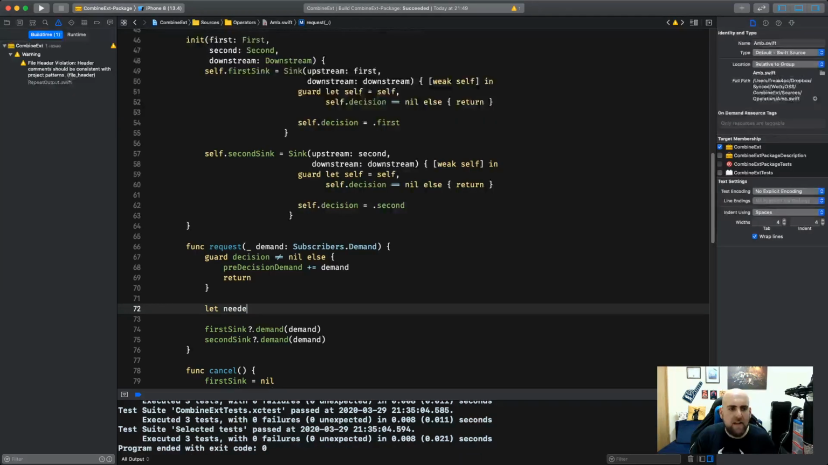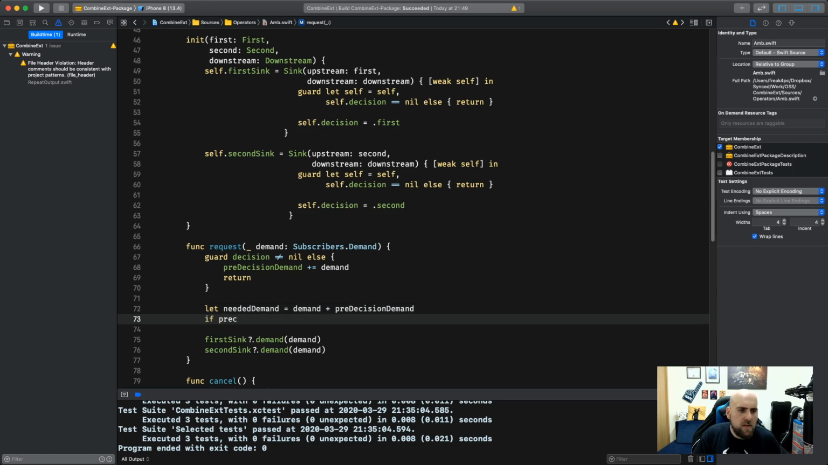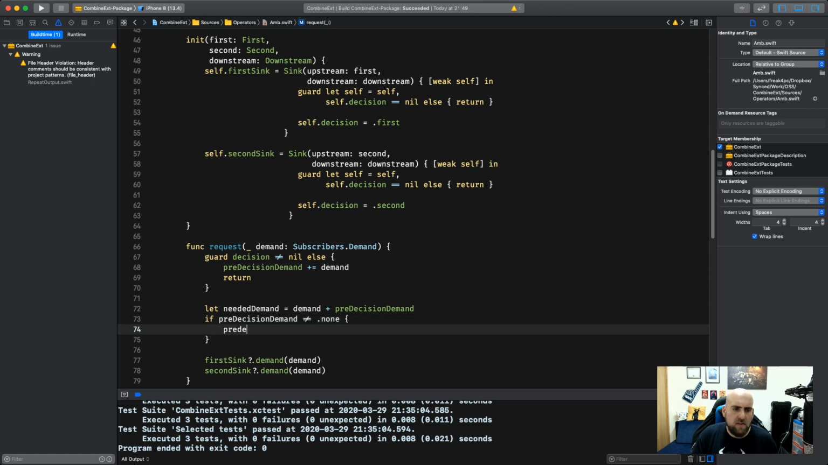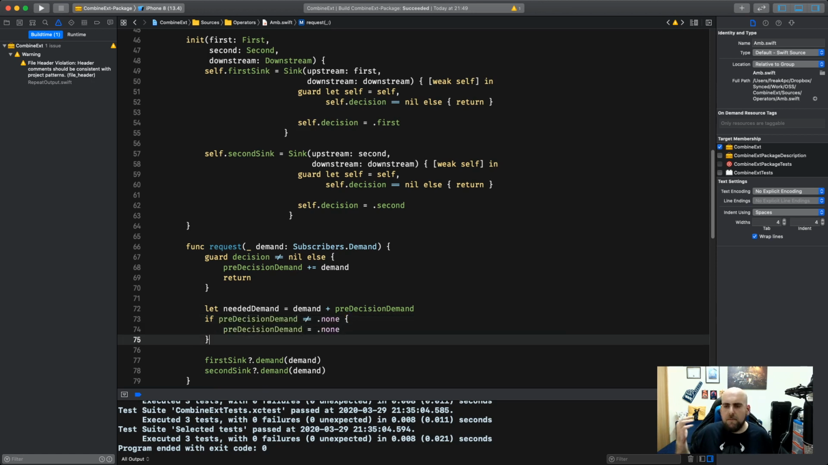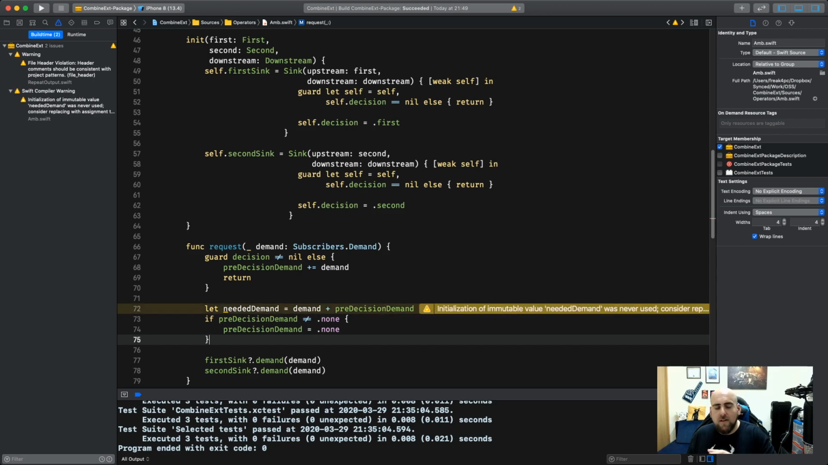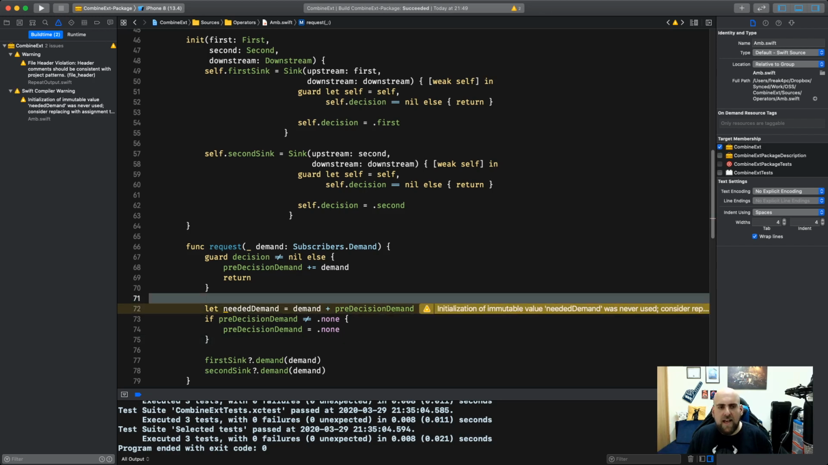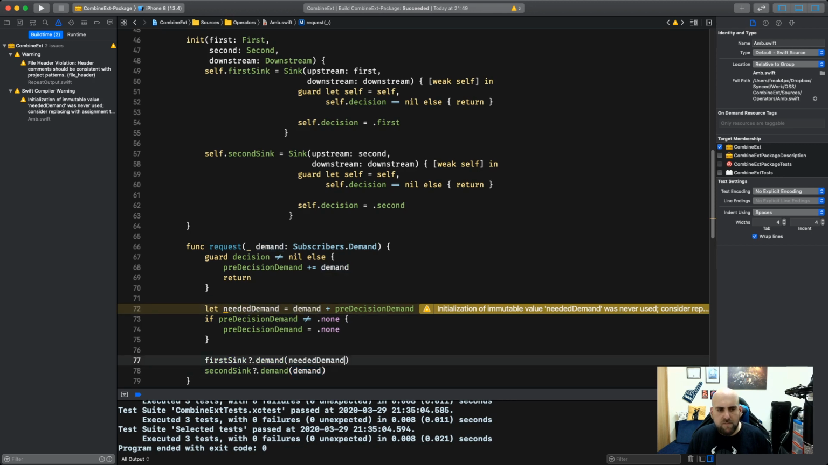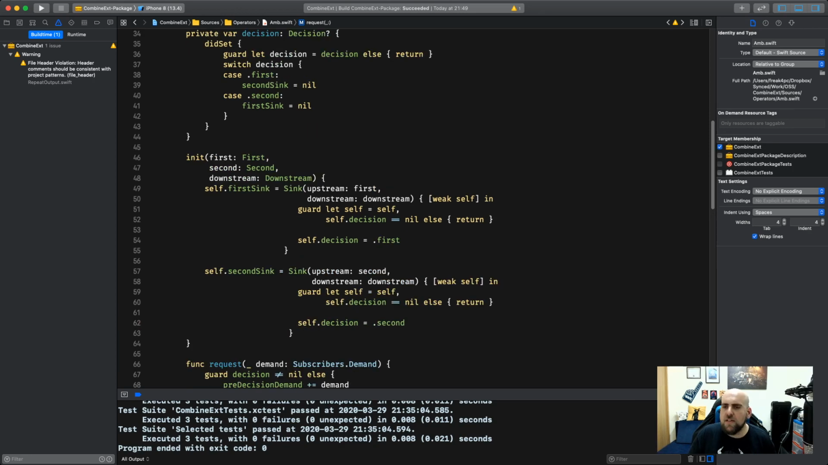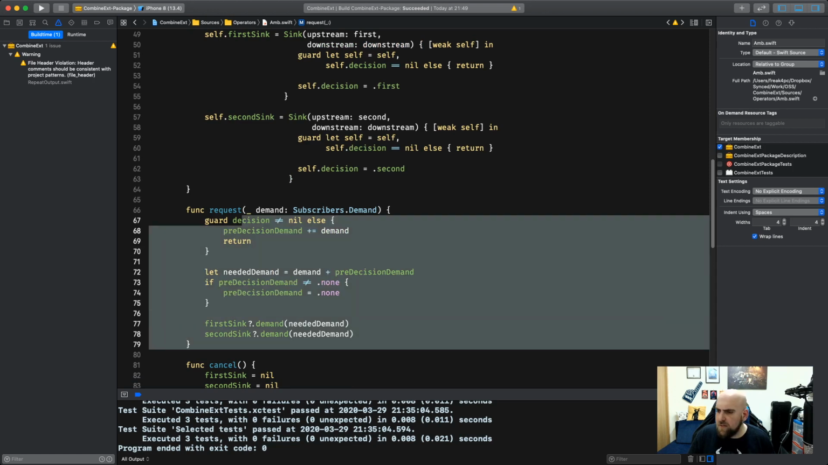So we're going to say needed demand equal the demand that we got here plus the one we accumulated, and we also are gonna make it none if it wasn't. That means if I have some demand already stored, I'm gonna put it in my needed demand and ask both of these for the needed demand, and I'm gonna make it none. So we only want to fulfill it for the first time when we make a decision. So now when we have this,